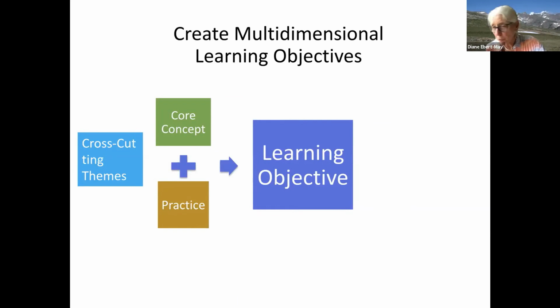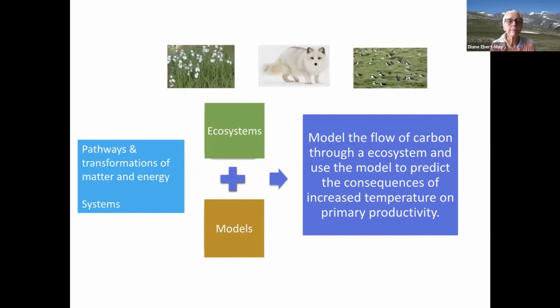So you take your core concept, and I would argue the last 2 problems address it: energy and matter. And the scientific practice, and you write in your learning objective, students will be able to evaluate scientific claims about carbon cycling. Bam, there are lots of ways you can do that. Next one, Jennifer. Here's that same idea again, using the systems concept from Vision and Change and also from our 4DEE in ESA.